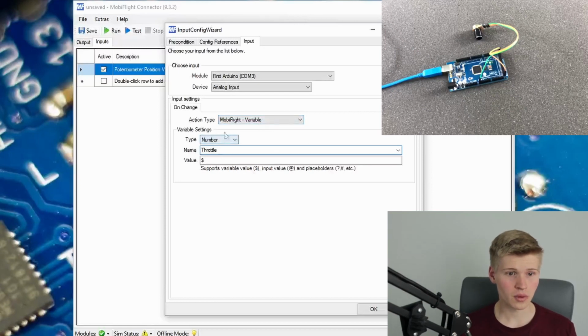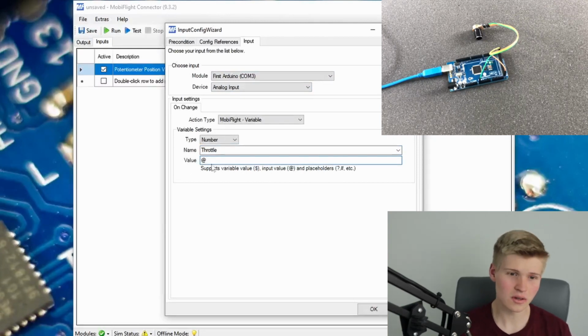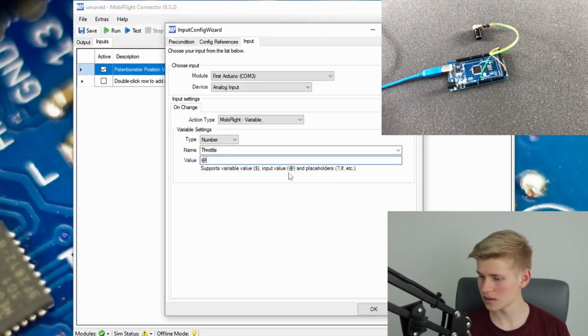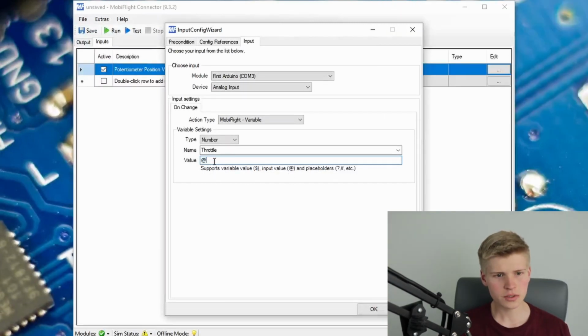So what are we going to do with it though? We're going to use the at sign. If you look right here, the dollar sign tells it what value it's supposed to be, and the at says what the input value is. So it's reading the potentiometer's position right now. This is super awesome because we can now read the potentiometer's position. If we go to press OK,